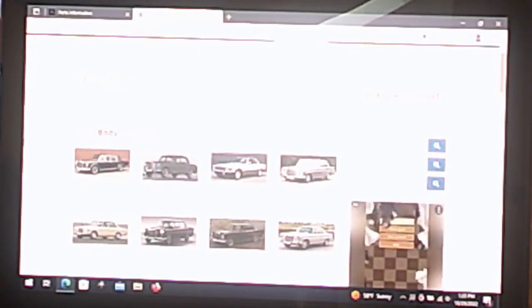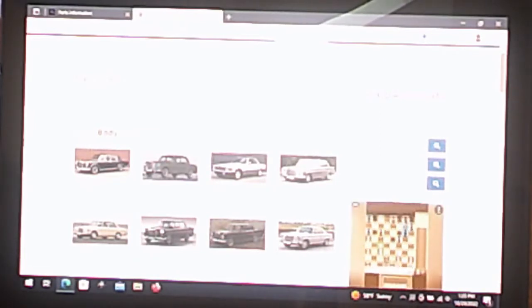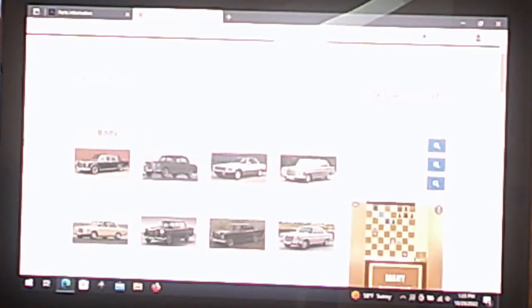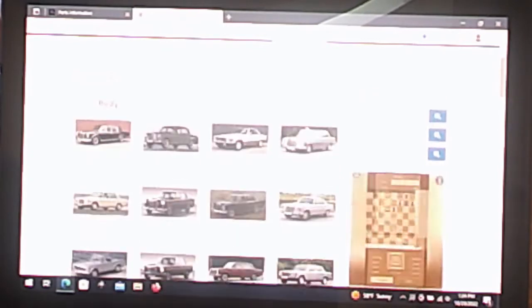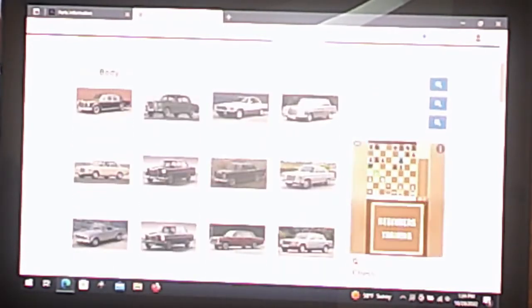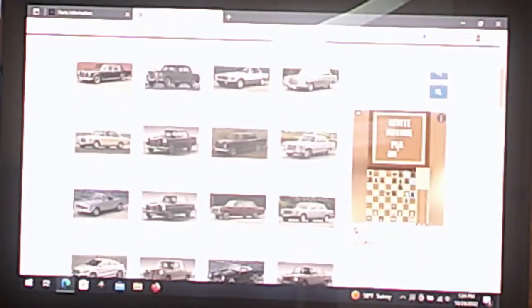Coupes, sedans, and station wagons, and some SUVs are what is called W, short in German for Wagen, or wagon. So this is a list of some of the different